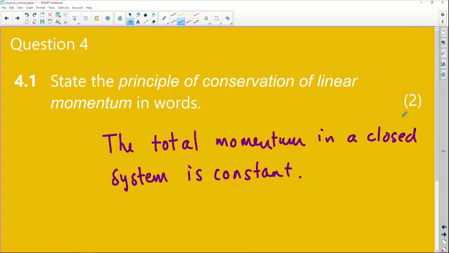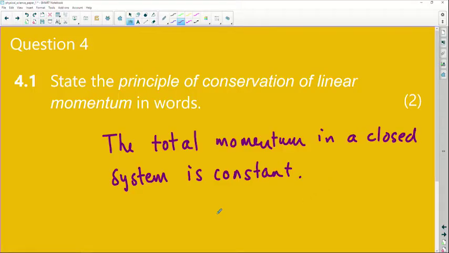So the total momentum of our system, which is the bullet and the block combined, is the same in the beginning as it is in the end, because in this case we've got no external forces acting on the system. And an example of an external force would be something like friction. So in this case we've been told we can ignore the effects of friction,